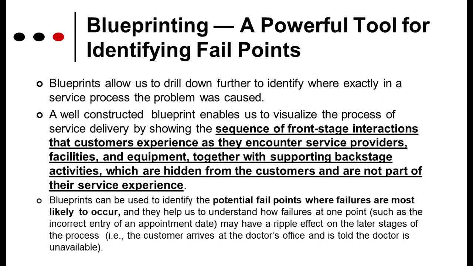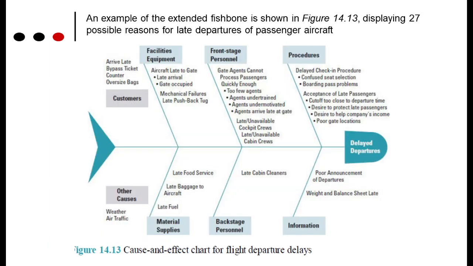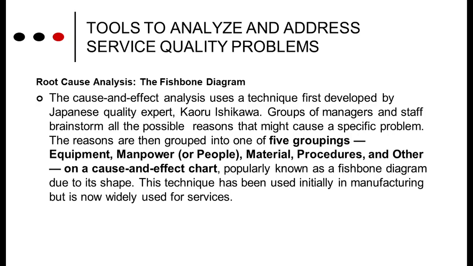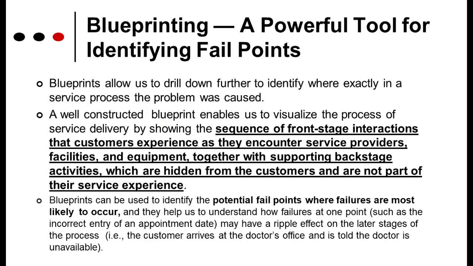We'll move on from Pareto analysis to another tool for analyzing service quality problems. The next tool is blueprinting. Blueprinting is something I've touched upon in one of the very early videos, in your first or second modules, if I'm not mistaken. We looked at the entire blueprint of a restaurant, of a hotel, right from check-in to check-out. It basically tells us the entire blueprint of a service process: what happens from a person entering a service till he leaves the service, all the individual steps, a visual image of what happens.